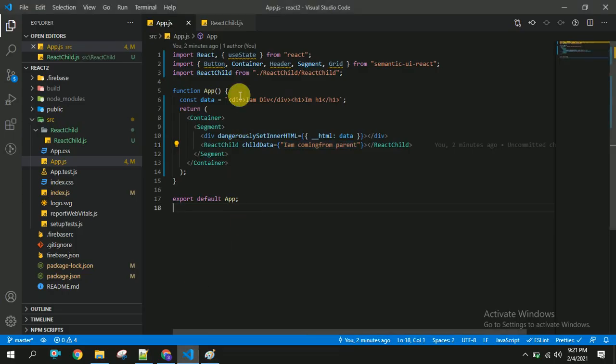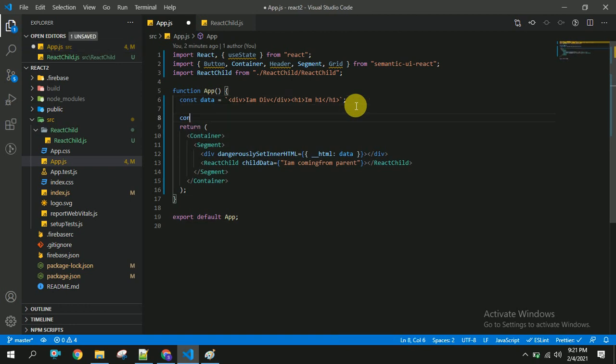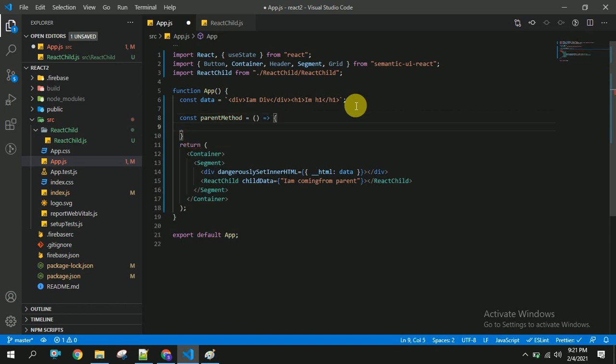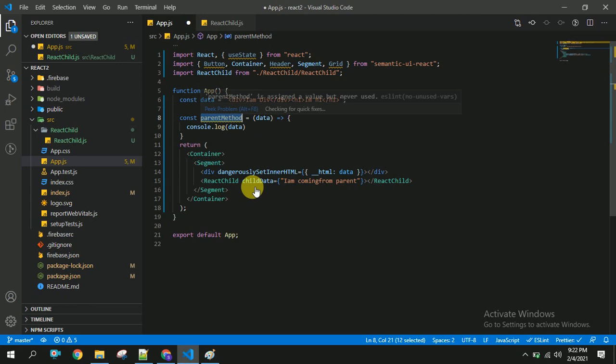And the third one is how to call a parent component method from the child component. For this, first I am going to create a method in the parent component. So I am going to call this parent component method from my child component.